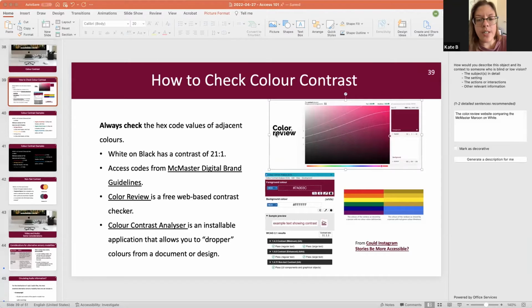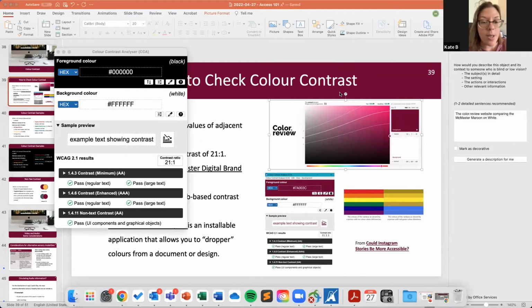And so folks, we do not expect you to memorize the WCAG guidelines for color contrast. We expect you to use free tools that you can install on your computer. And literally, like that color contrast analyzer that Jess showed, it's so user friendly. You literally just color drop the foreground and background, and it will tell you AA compliant, AAA compliant. It's a great tool. Jess, you're going to show it in real time?